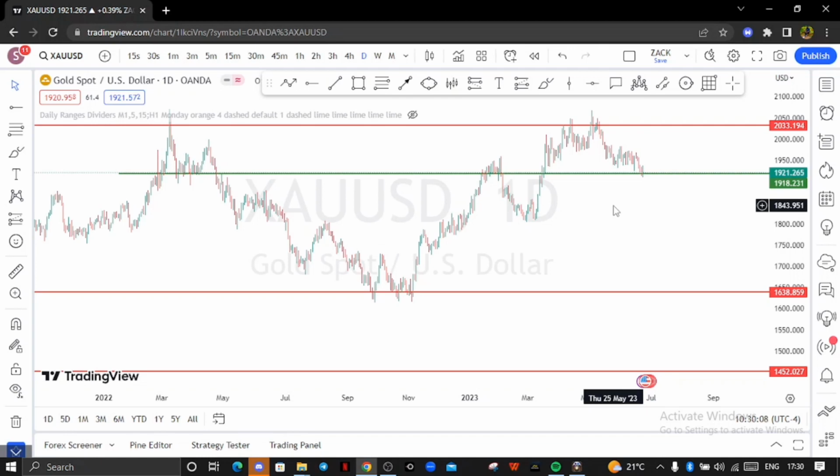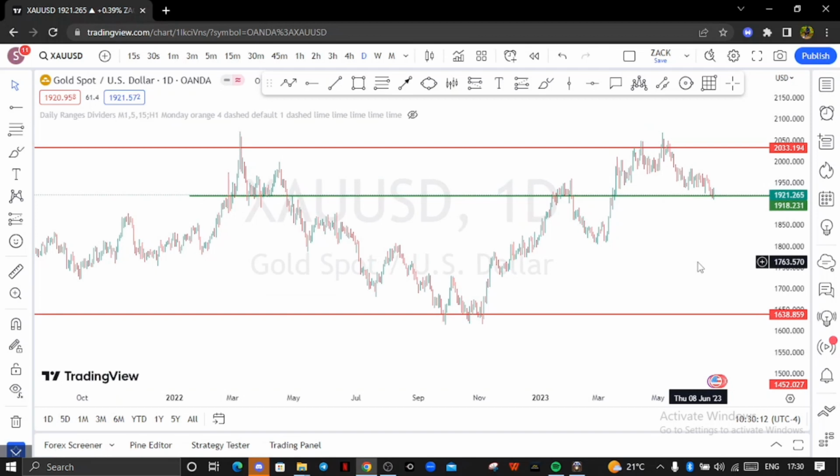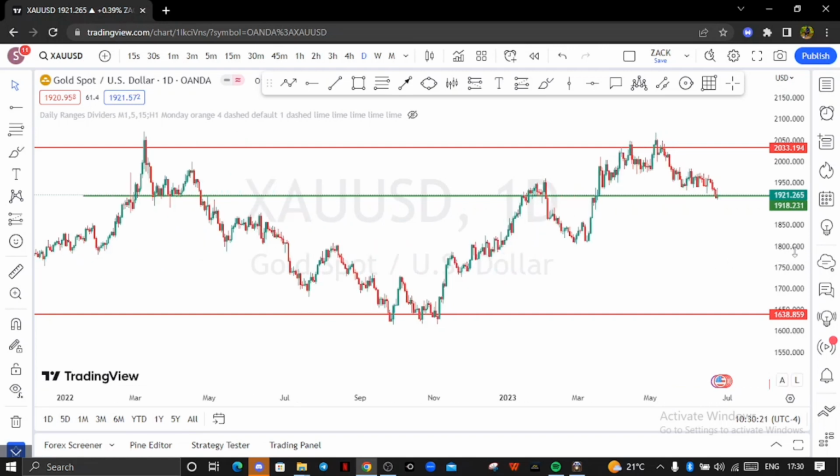Now for those who know the patterns that we trade in forex, I normally like the bullish channel, the bearish channel, and then we normally have the wedges. We have a falling wedge and then we have a rising wedge. So for this particular time,